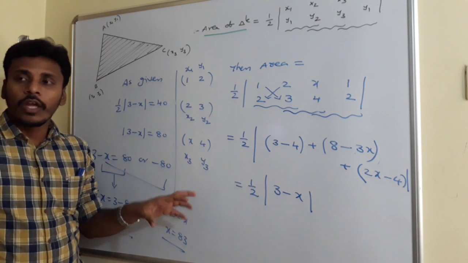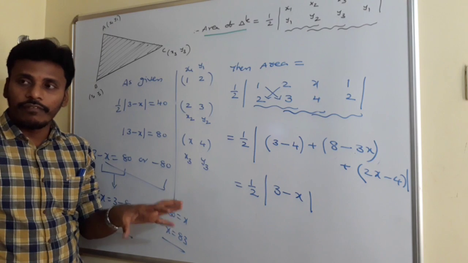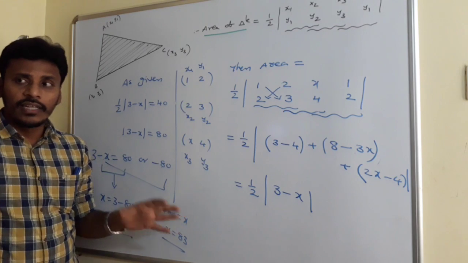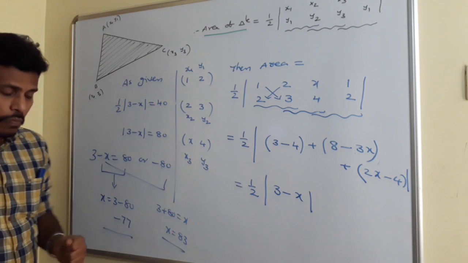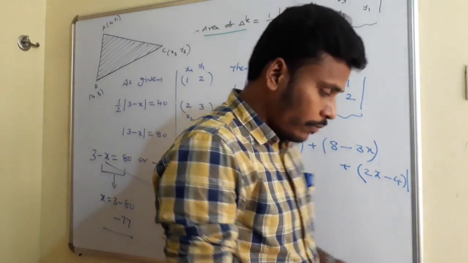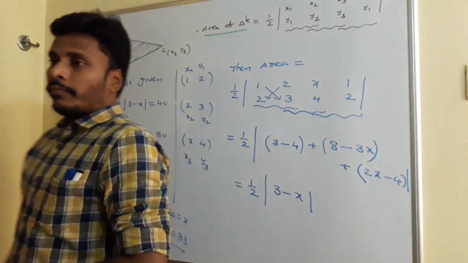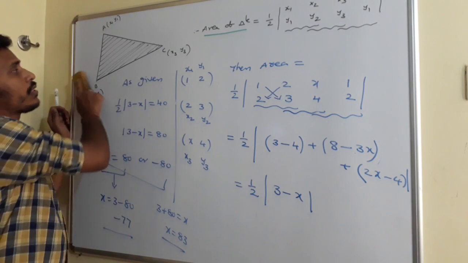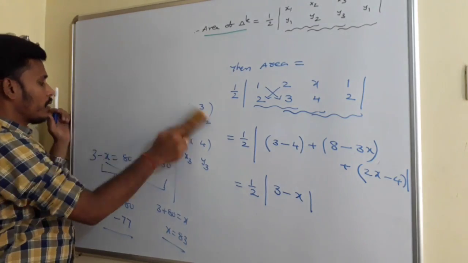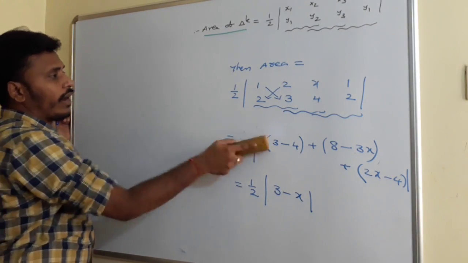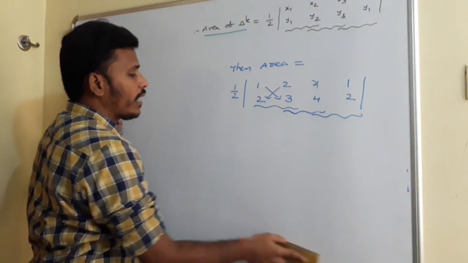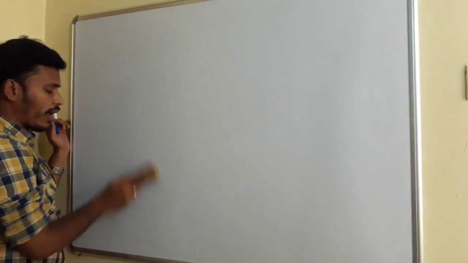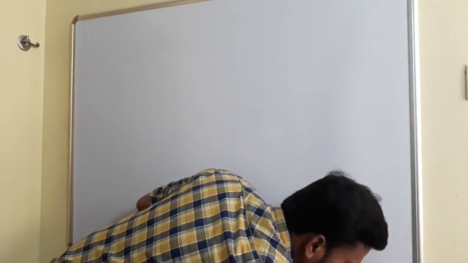And now this is the way to find the area of the triangle. Every time you need to find the area of the triangle, you just go with this technique. Right? Just have a look and I will move to the next problem. Right? See, I already told you, writing the coordinates in such a manner of determinant, this technique is helpful to find the area not only for a triangle, also for the quadrilaterals, pentagons, hexagons, everything.